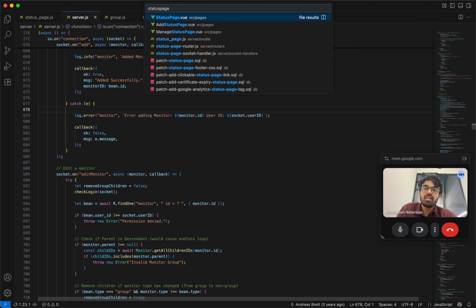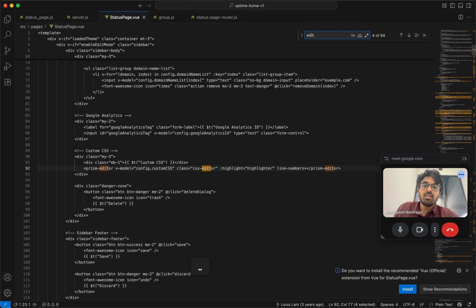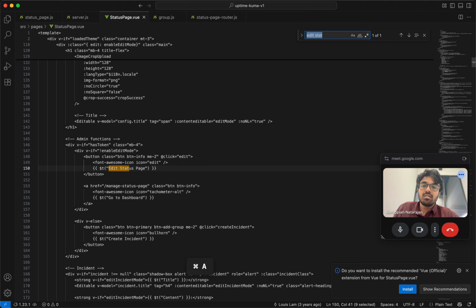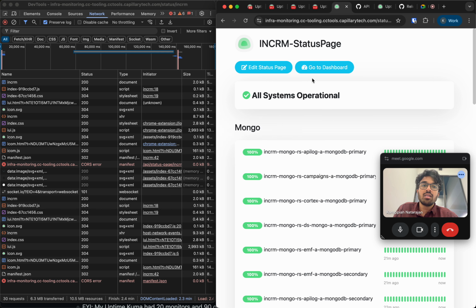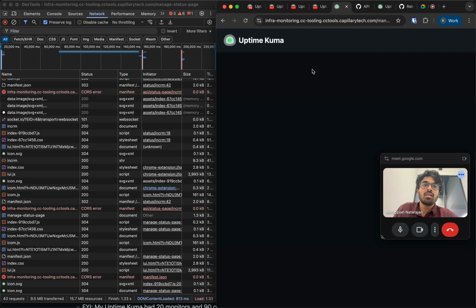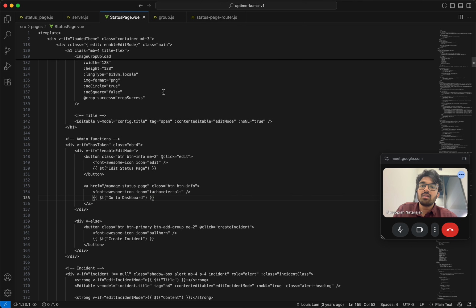let's look at status page. Manage status page. So this is status page. Edit status page is this, right? Manage status page. Oh, that's different. So edit status page is different. Status page. Edit basically calls this,